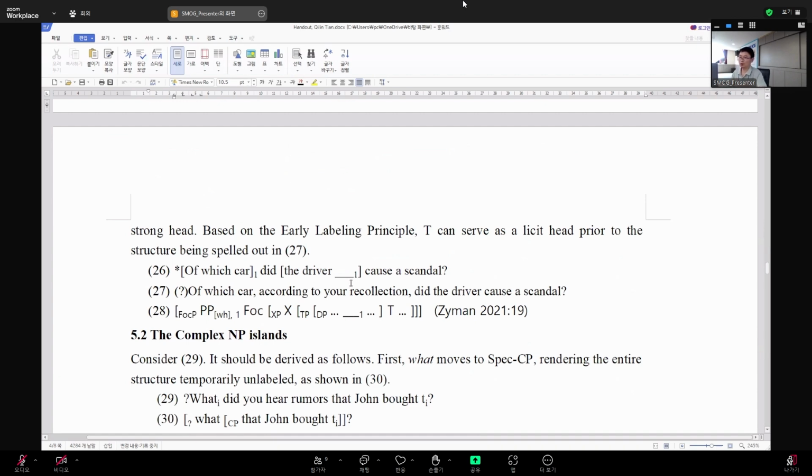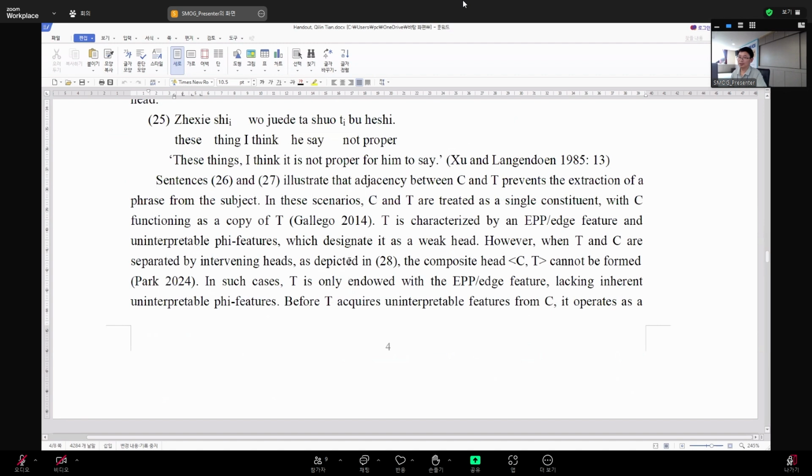I think I can try to explain it with my assumption. This example suggests that the adjacency between C and T prevents the extraction of a phrase from the subject. In this scenario, C and T are treated as a single constituent, with C functioning as a copy of T. And we know that T has an EPP feature and an interpretable phi feature, which makes it a weak head. And you know that when T is a weak head and it provides a label, the label cannot be interpreted at the interface. That is why subject extraction in fact